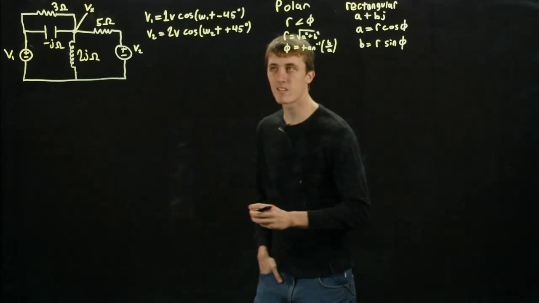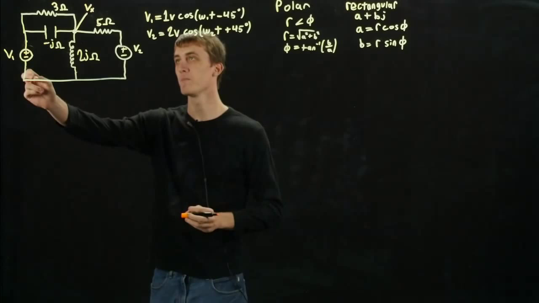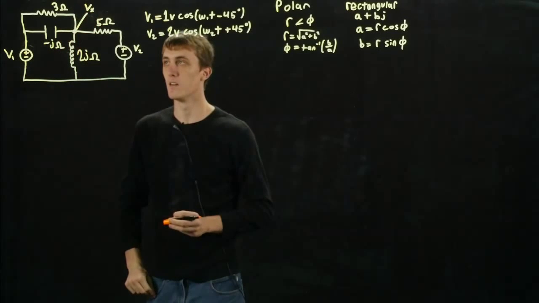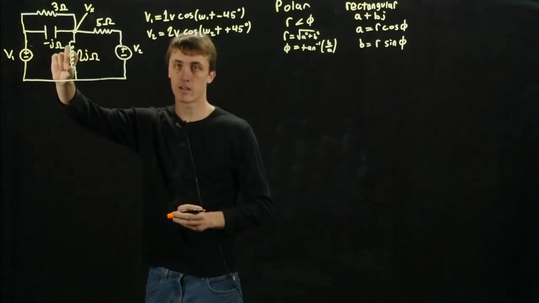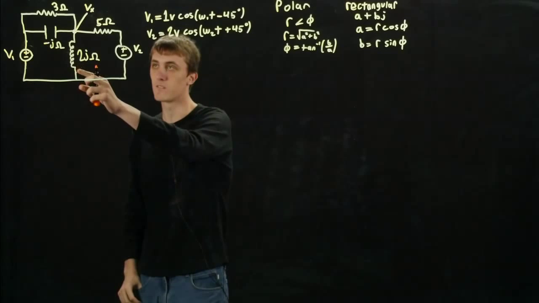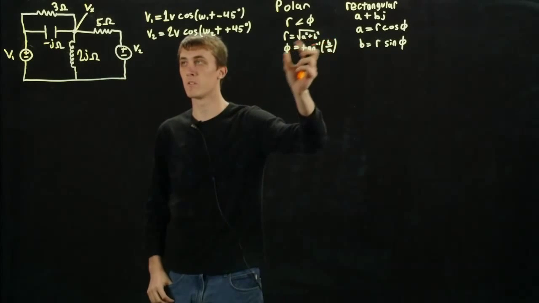Hi guys, my name is Connor with UConn HKN, and today we're going to be solving an AC circuit problem and finding the node voltage at a point Vx. This circuit has capacitors and inductors, so it may seem a little bit complicated, but we can just treat these as resistors. We're going to be using rectangular and polar coordinates to deal with these,